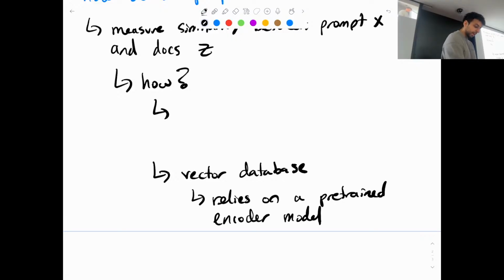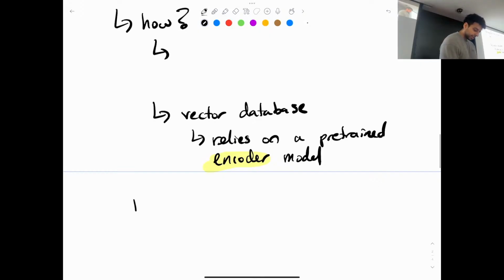Remember, an encoder model has bidirectional, unmasked attention, and we can use our encoder to get a single vector representation of whatever text was fed into it. We can take the final layer last hidden state, or we can take the average of all the final layer hidden states. Whatever we do, we get a single vector at the end